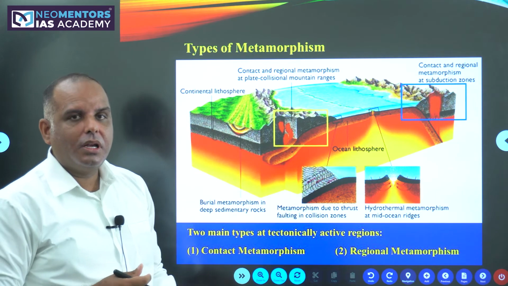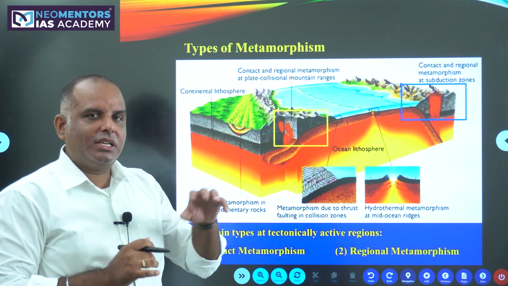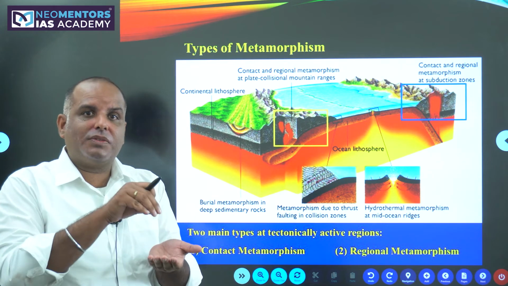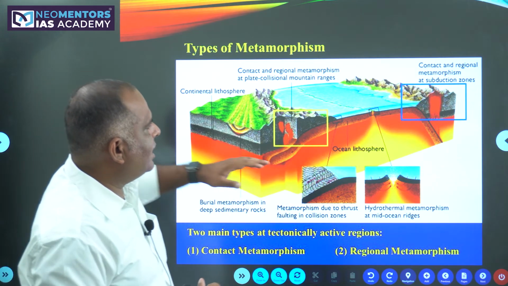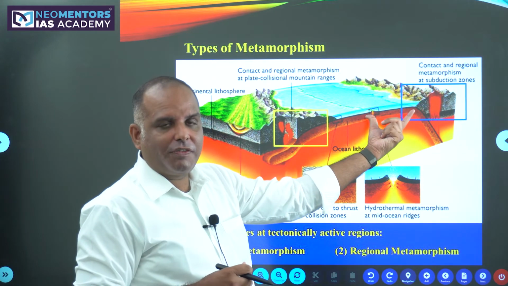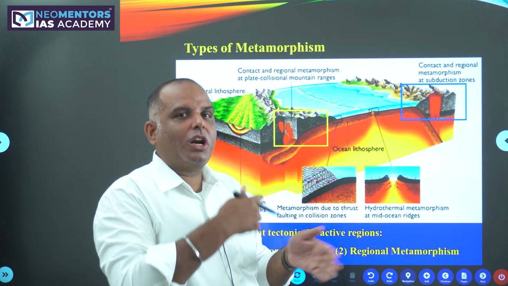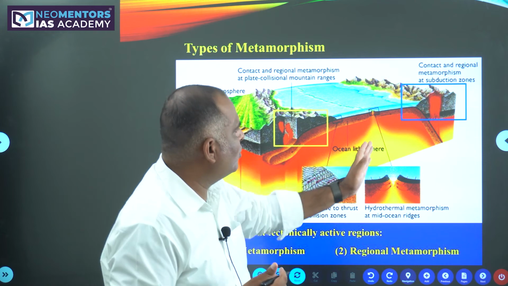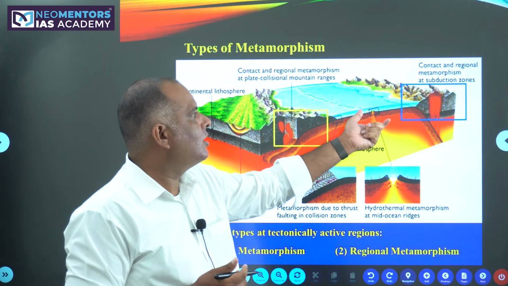Now, we talk about heat and pressure, right? Generally, where can there be sources of this heat and pressure? Let's try to understand. When there is a divergence of plates, that means when two plates are moving apart, there could be volcanic activities, there can be magma oozing out. There is a source of heat, right? Also,